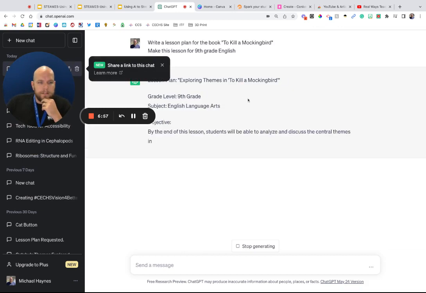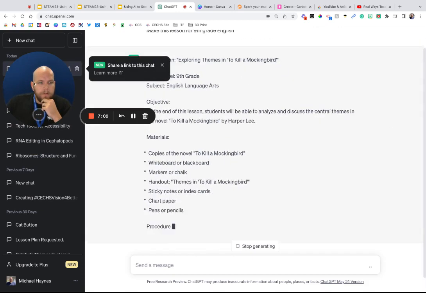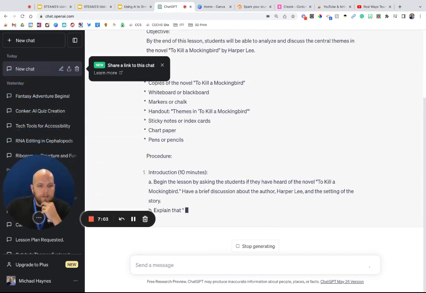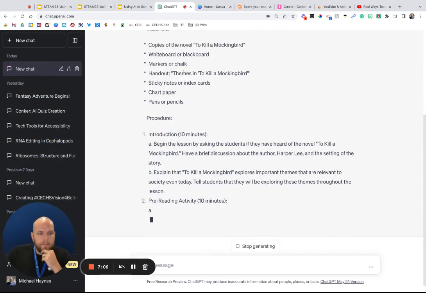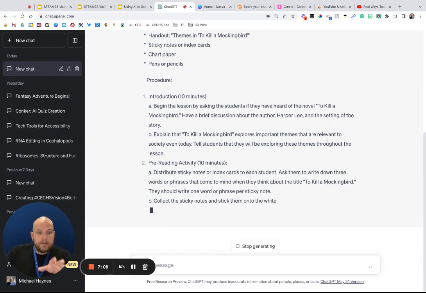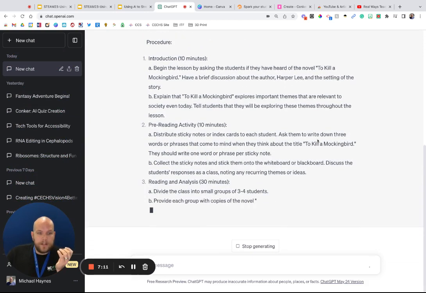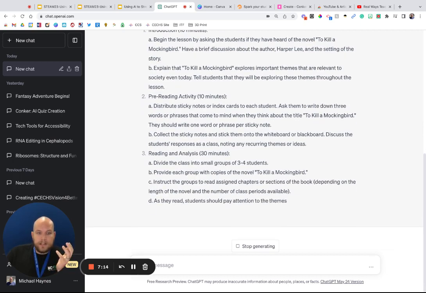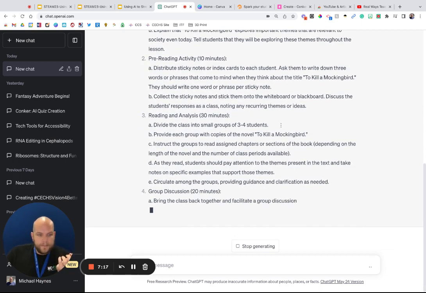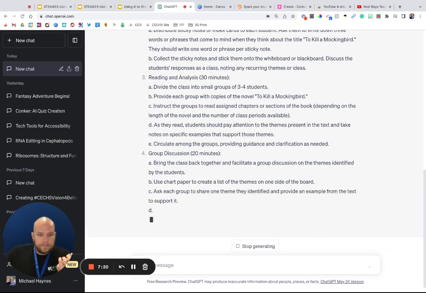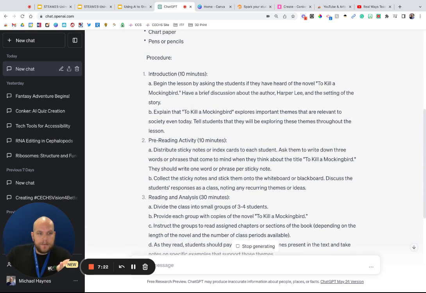You can see this is happening in real time. As you can see, it's creating this lesson right off the bat. It's making general parameters. I didn't tell it how long the lesson needed to be, so it's making its own decisions there. But it's writing this up for me. So I have an introduction, we have information about the author, Harper Lee, and this is pulling from all of the internet. So we have introduction questions.